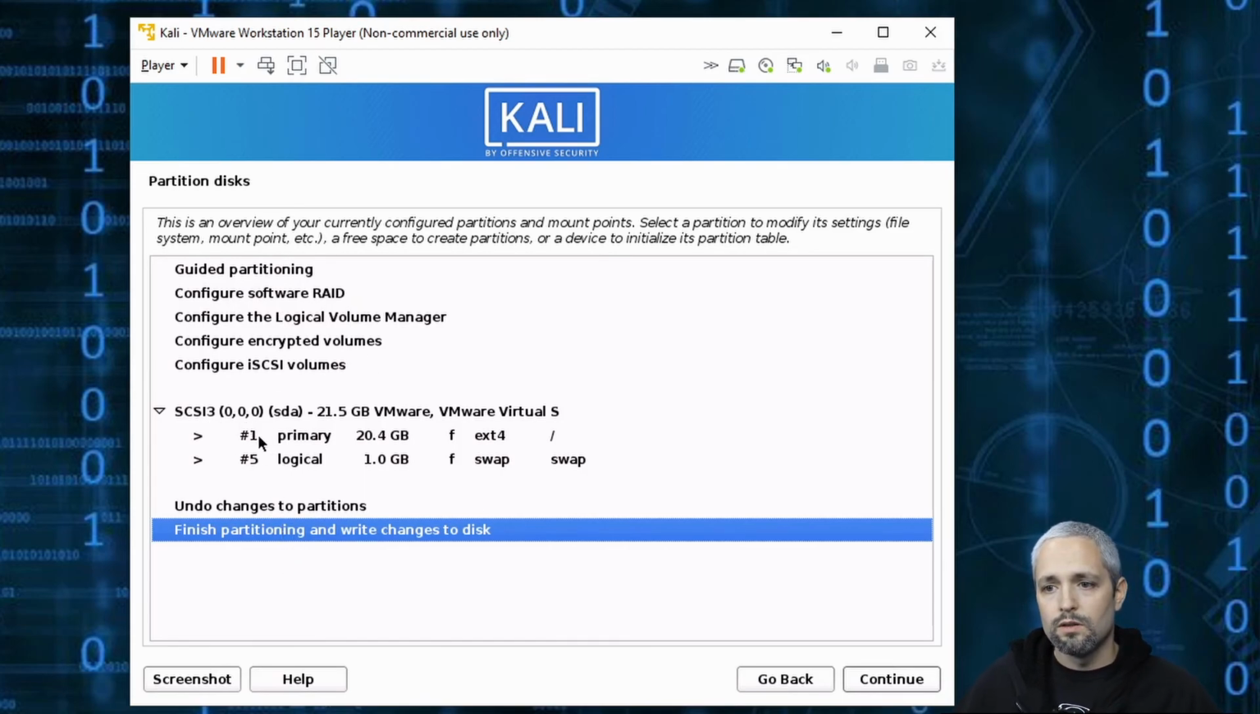And this is the overall layout of what it's going to look like. It's going to create a new primary partition of 20 gigabytes. It's going to format it as ext4. In the Windows world, this would be like NTFS or FAT, but in this case, ext4. And it's going to be mounted at root, or slash. And then another partition, which is a logical partition, and it's slated to be 1 gigabyte in size,